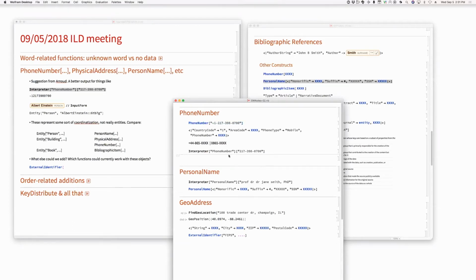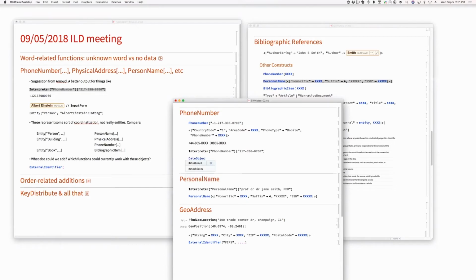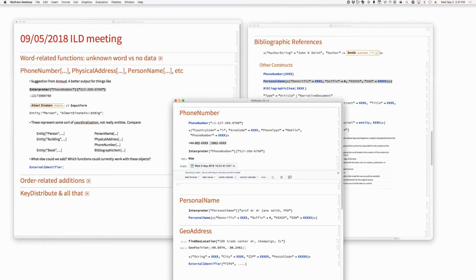So, for example, just like a date formats in a particular way, if I say now, for example, it'll format in a particular way. One could imagine a silly thing with a little picture of a telephone here that gives the phone number,